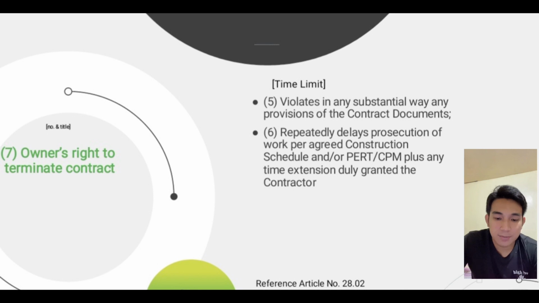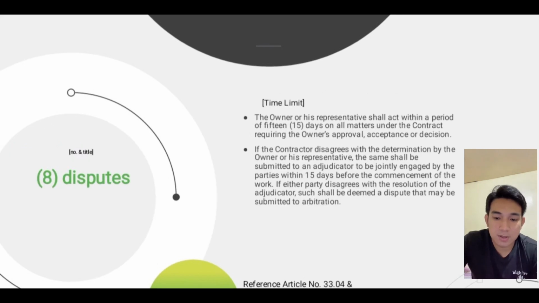Next is number 8, disputes. The time limit: the owner or his representative shall act within a period of 15 days on all matters under the contract requiring the owner's approval, acceptance, or decision. If the contractor disagrees with the determination by the owner or his representative, the same shall be submitted to an adjudicator